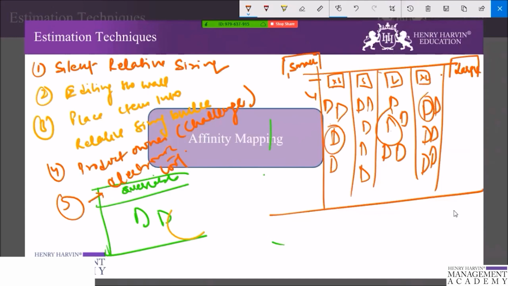You need very good facilitation skill before you take it forward to the next level, where you are discussing it with multiple teams. And this exercise does not remove the need to conduct more in-depth estimation sessions such as planning poker and other things. But what happens is that you will get an idea